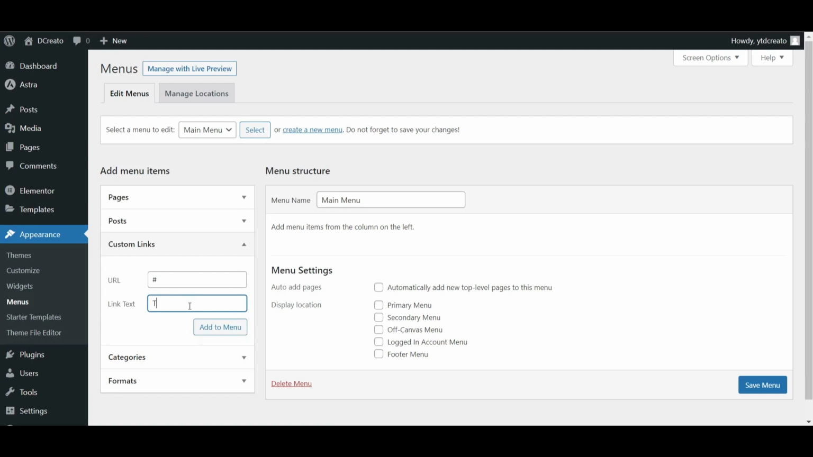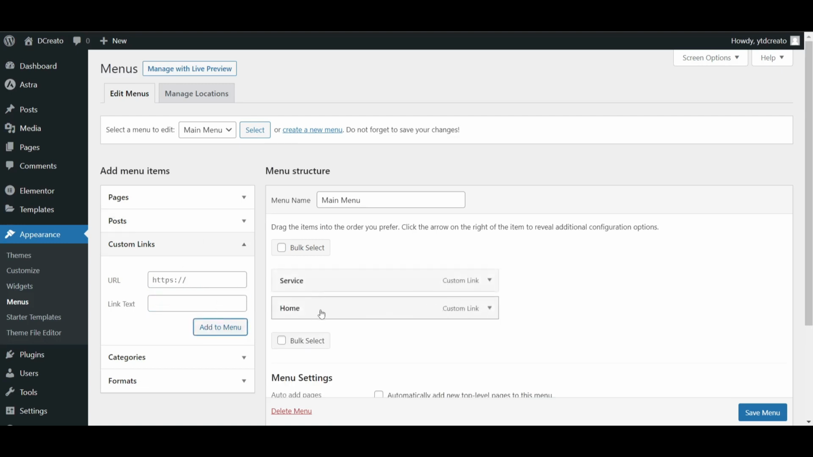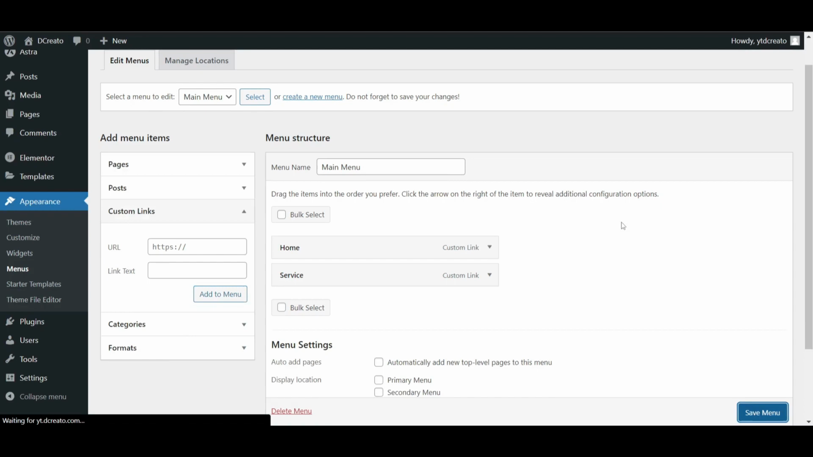So let's say you want to add a service. Here we go, this is the service, and here if you click on this add to menu, you will create this menu option, right? Like if you want to add a home, you can also do this, and if you drag and drop it like here, you will see this is the way you can change the menu order. After changing everything, you can click on save menu, it will save your